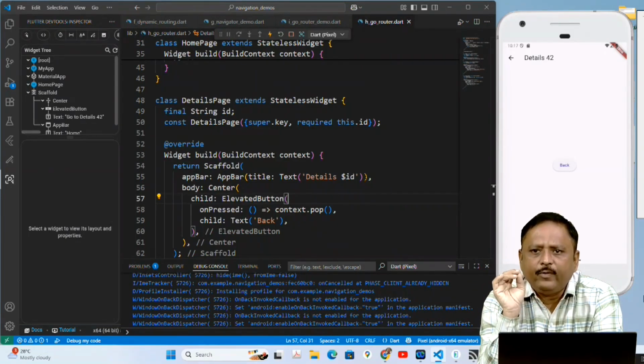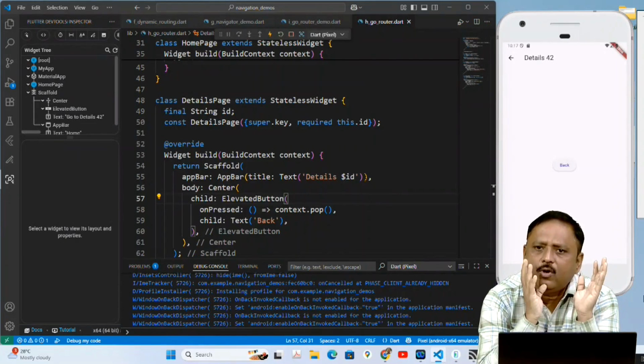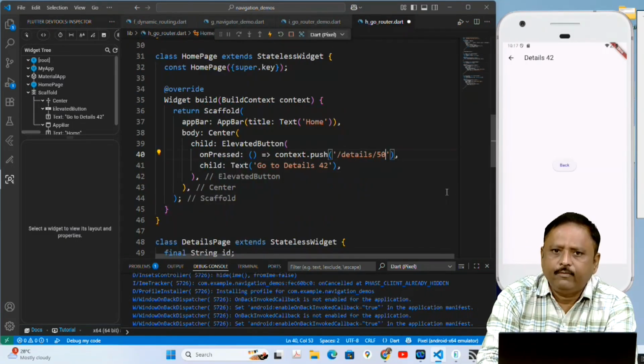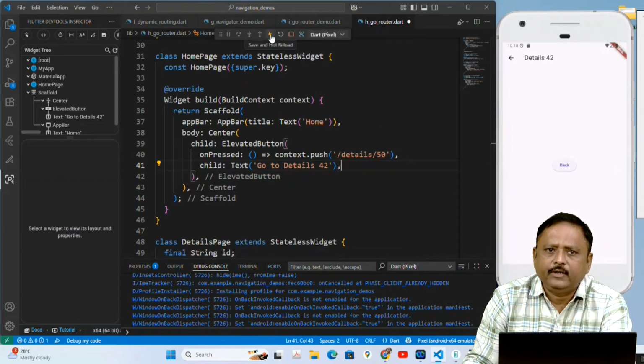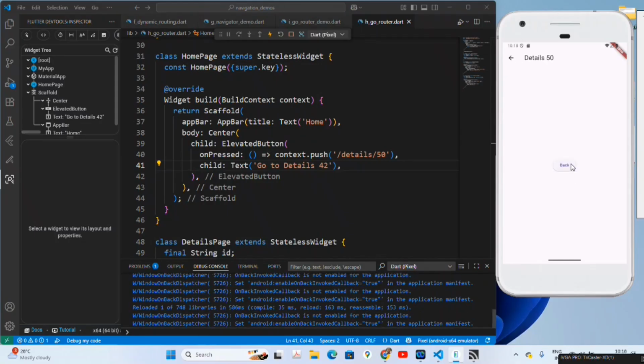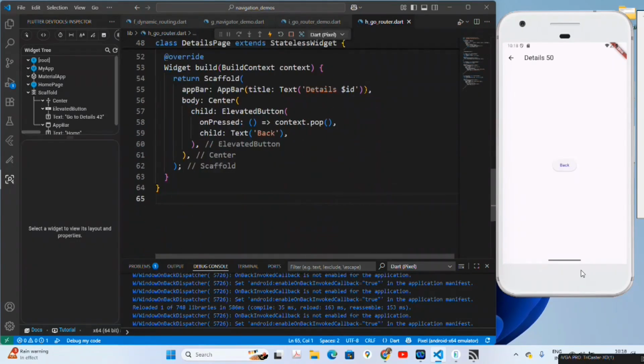Suppose I write 50 in that context.push, for example, let us pass 50. Let us hot reload this. Now whenever I click on this, it displays details 50, which we can easily understand. Whenever I pass 50 as an argument, it retrieves the value 50. So this is how